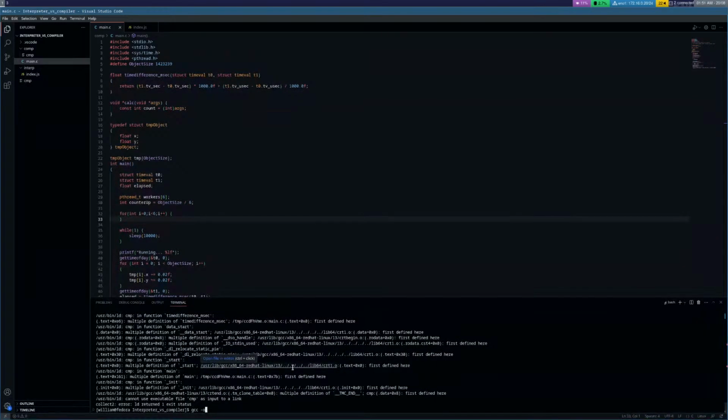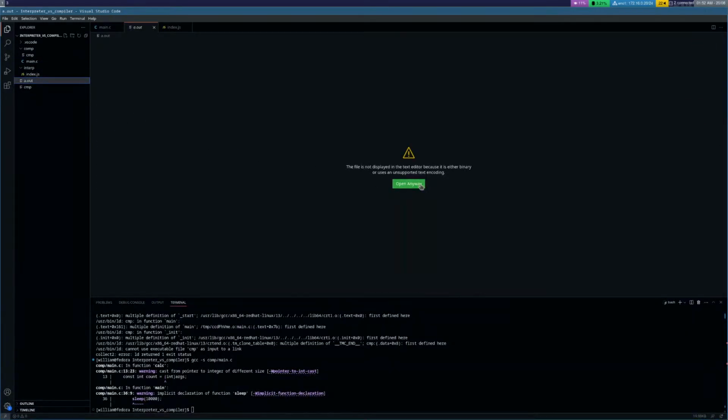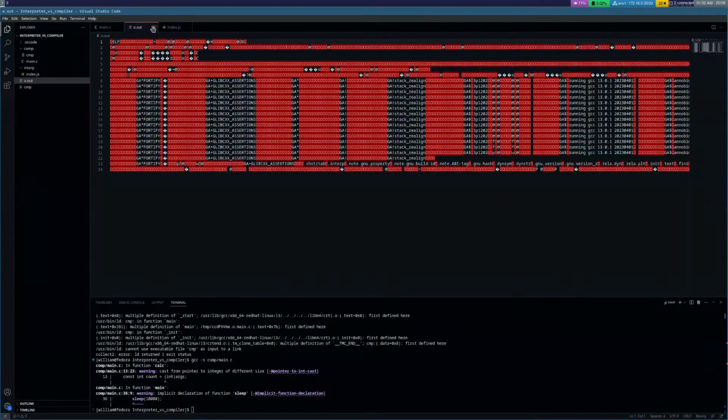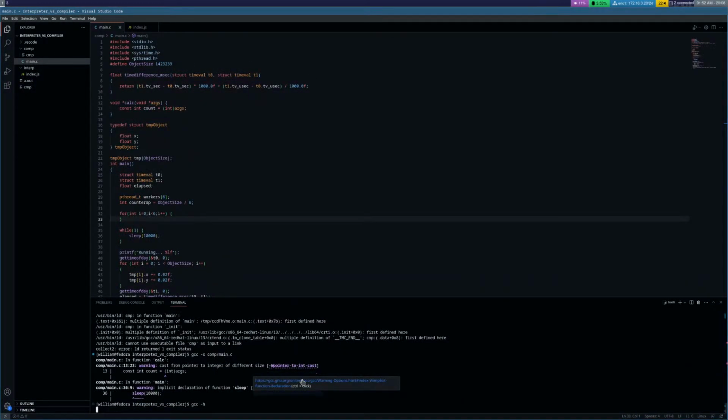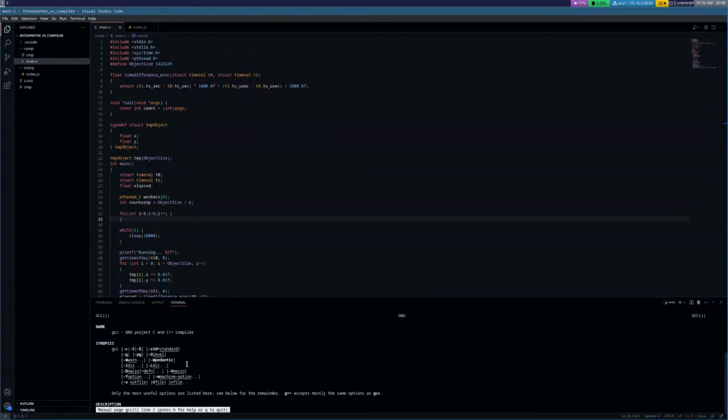So GCC dash S, I think, conf/main.c. Is that the assembly? I know there's a way to process assembly out of it. Anyway, we're gonna get back to the main thing in a minute,